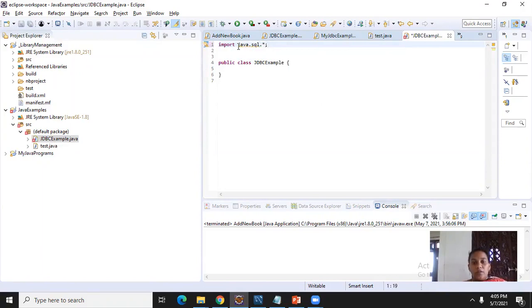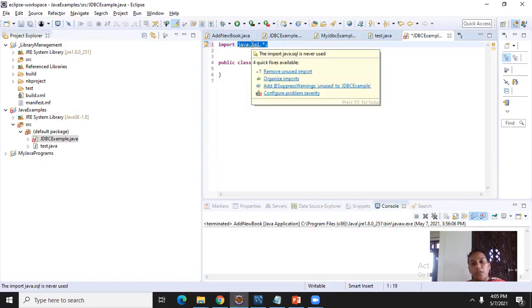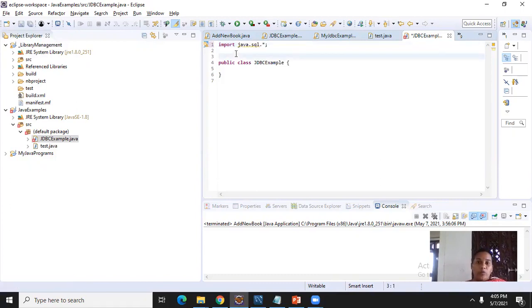This is my Java JDBC API. All the SQL related commands exist in this package java.sql, and I'm importing that into my program.